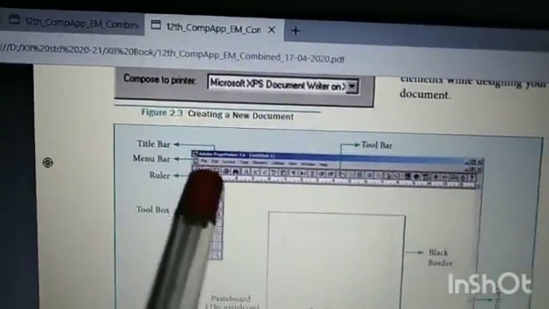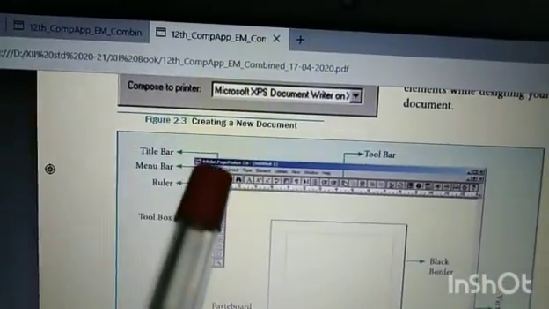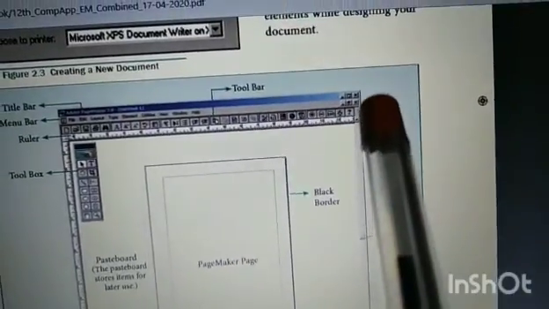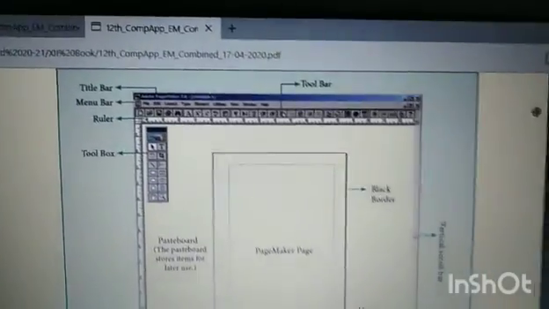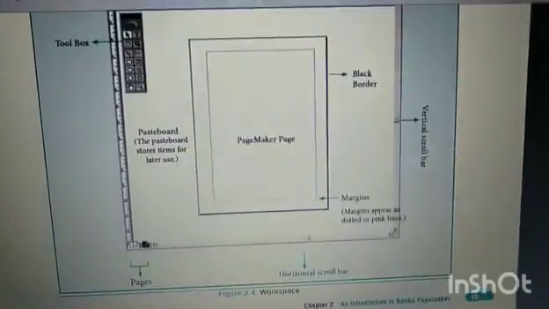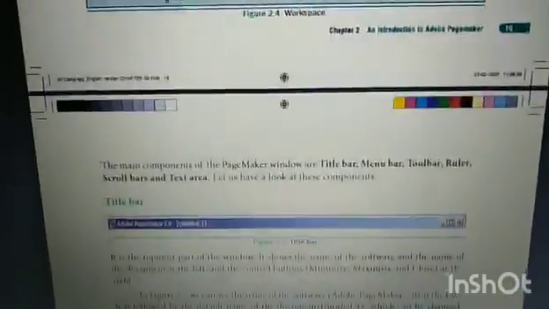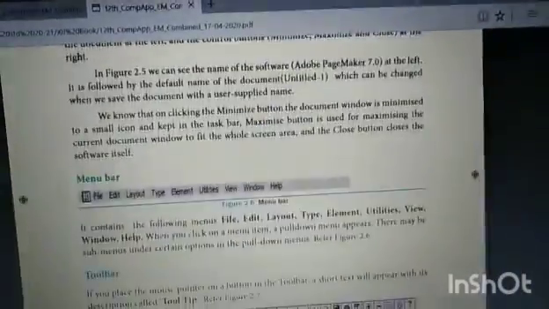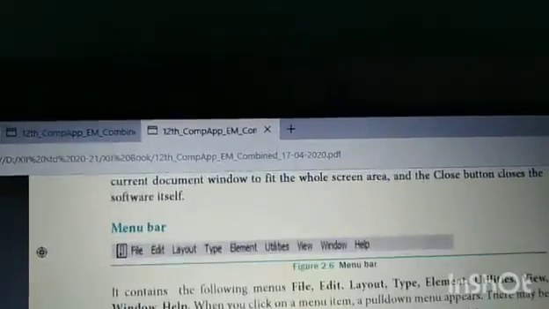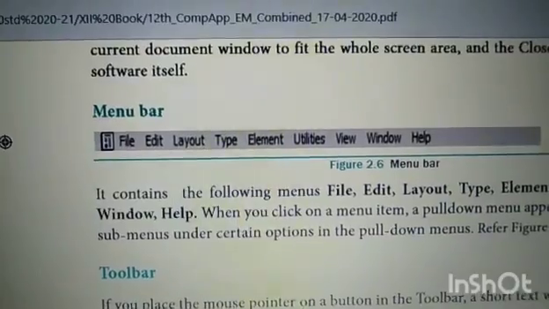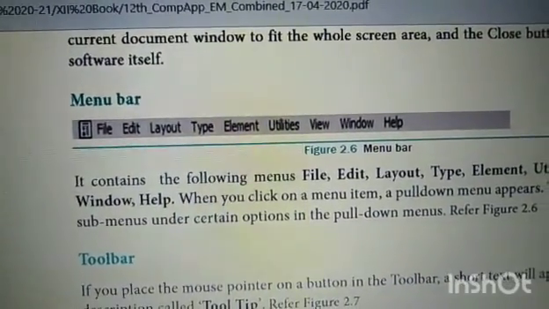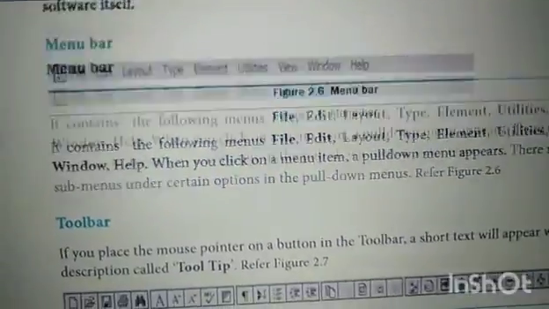In the title bar, the left side shows the name of the window, and the right side has 3 control buttons: minimize, maximize and close. There are 9 menus: file, edit, layout, type, elements, utilities, view, window and help.